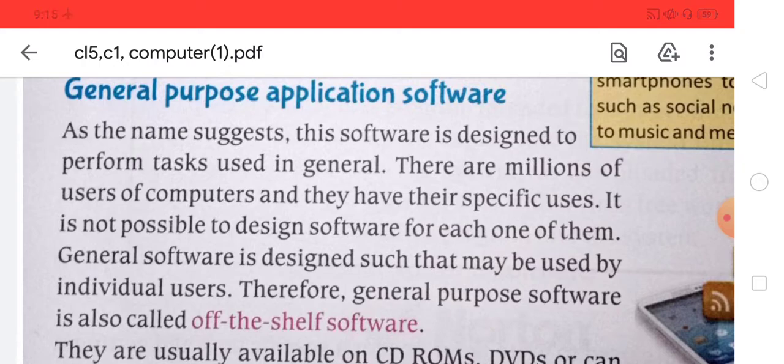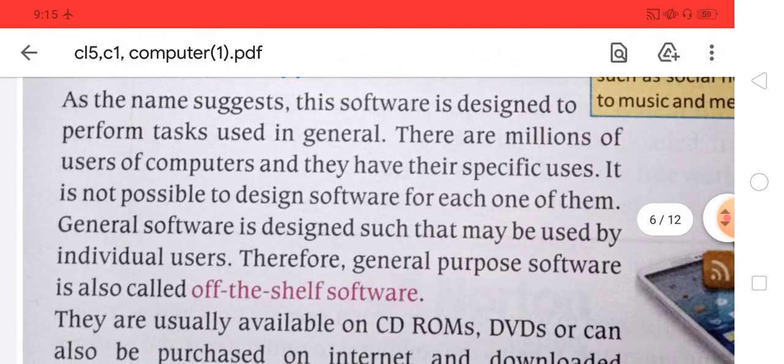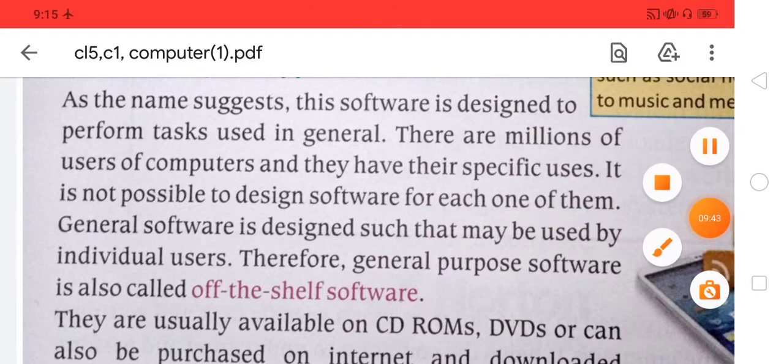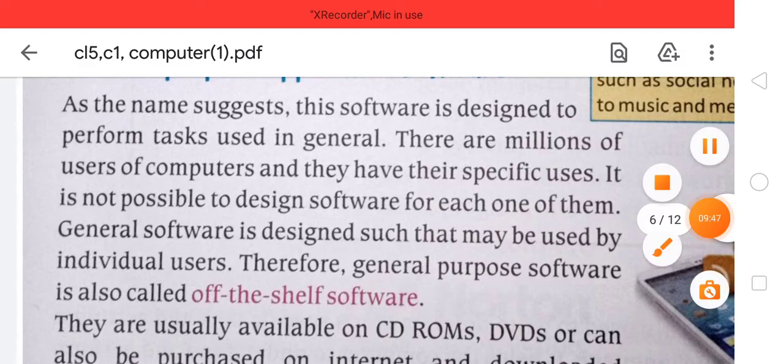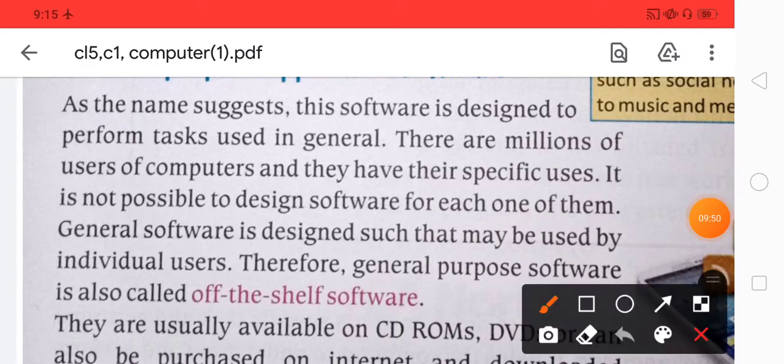There are millions of users of computers and they have their specific needs. It is not possible to design software for each one of them. So general software is designed such that it may be used by any individual user. So we can say these are off-the-shelf software.